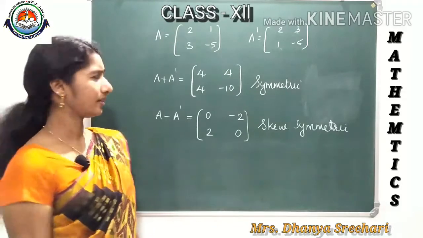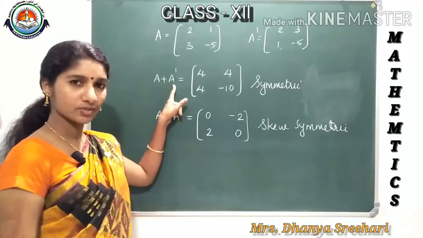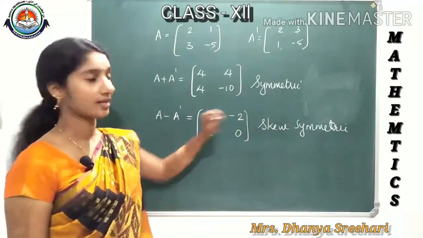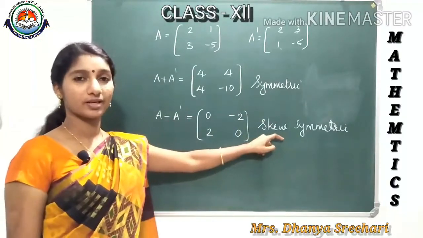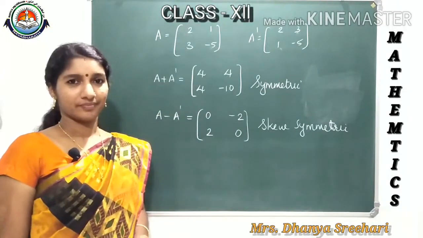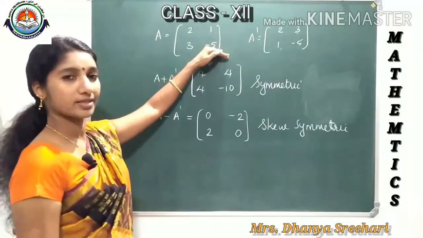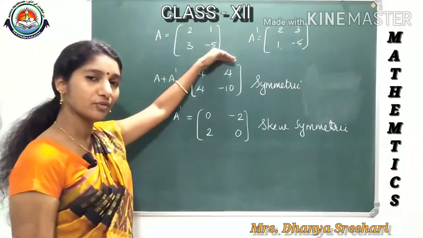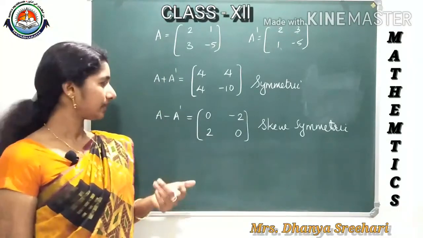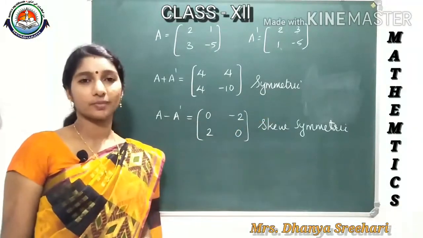We simply wrote one matrix A and we found A transpose, and we found the addition, A plus A transpose, and A minus A transpose. See, we got A plus A transpose as a symmetric matrix and A minus A transpose as a skew symmetric matrix. This will be true for all matrices. For any square matrix, now I wrote a 2 by 2 matrix, if you write any 3 by 3 matrix or any 4 by 4 matrix, any matrix of order M, A plus A transpose is symmetric and A minus A transpose is skew symmetric always.